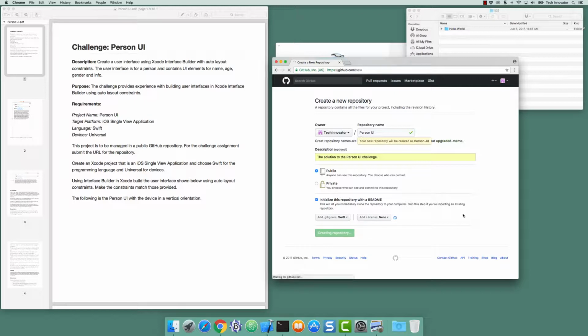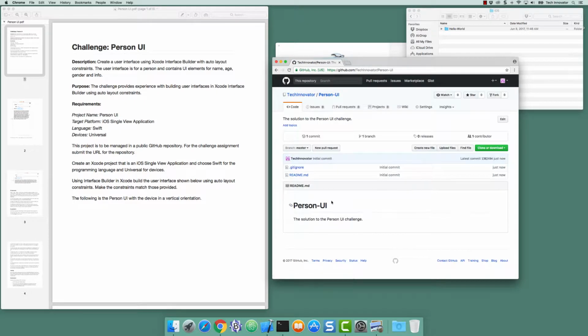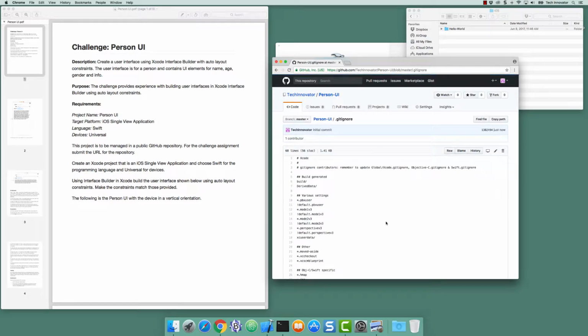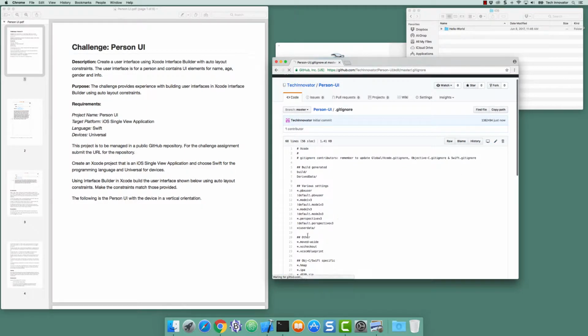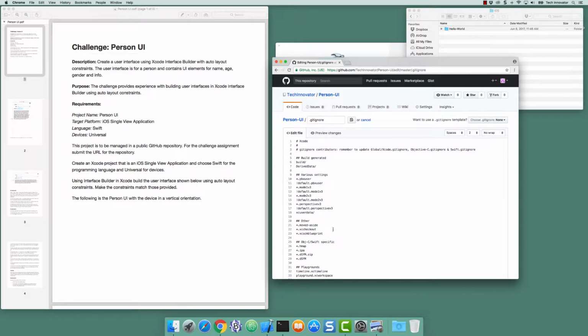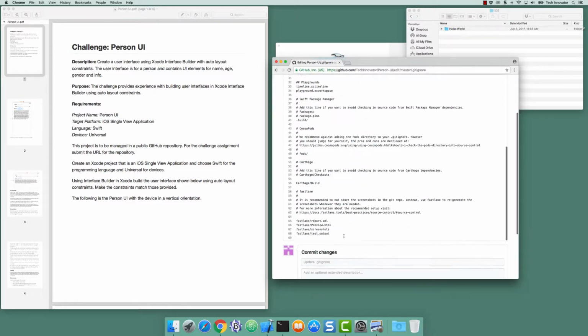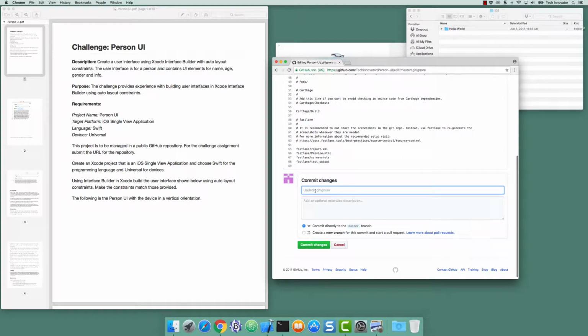So I'm going to create that repository, and then I'm going to take the gitignore and edit it and add, in the other section, .DS_Store, because I want those ignored. I'm going to commit this with .DS_Store added to gitignore,